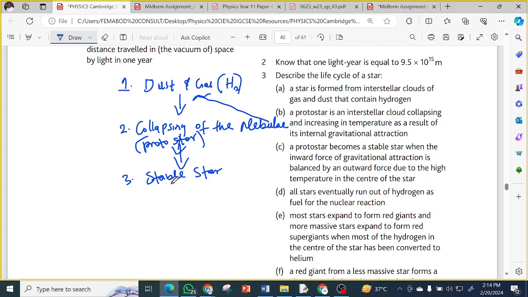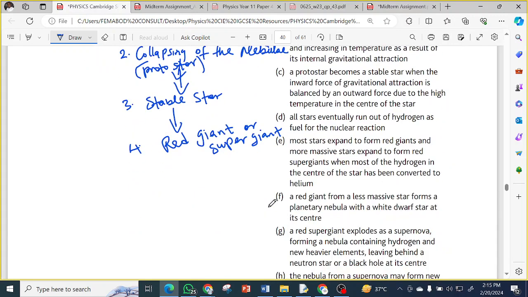So after the stable star, when the star runs out of hydrogen, it's going to form a red giant, or red super giant. So when a red giant or red super giant is formed,